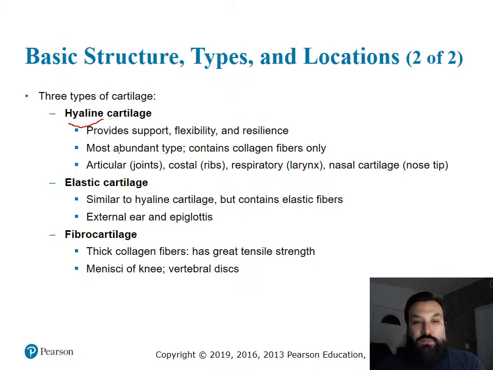We find this as the most abundant type that you find in the body. Okay, does only contain collagen fibers. Okay, and you find this in places like the articular capsule, the articular joints, the costal ribs, for example, those bones and at the end of those bones, the respiratory system, and in nasal cartilage, the